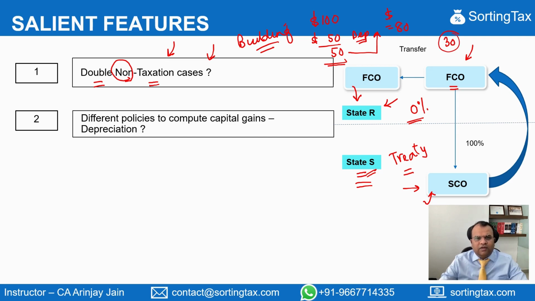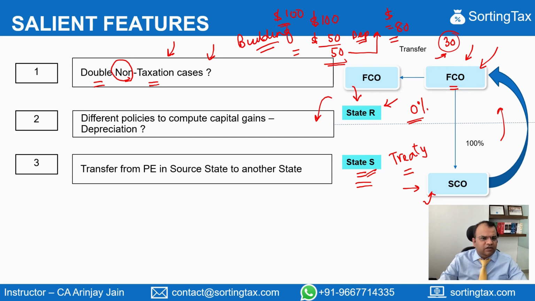But what if there is no policy in the state of residence to allow depreciation on such a capital asset? If that be the case, in the state of residence, the value may still be $100 only. So these different policies should be reconciled at the time of allowing a credit for foreign taxes paid. So let's say the foreign company, because there is a capital gain of $30 in the state of source, has to give a credit for these; all these aspects need to be borne in mind.